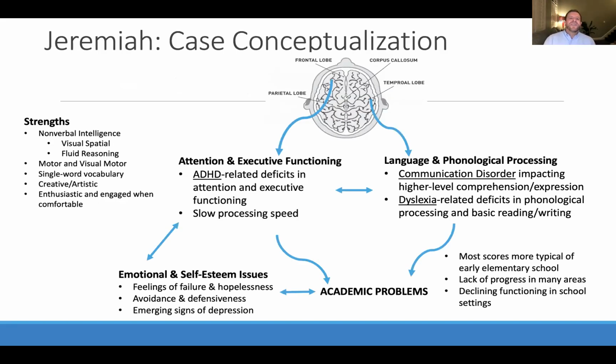So let's return to Jeremiah, and you'll recall that there were a lot of challenges that parents were noting and observing, and the mom was frustrated with Jeremiah, and really trying to understand what might have been going on for Jeremiah. So we actually use a visual approach to feedback in our evaluations. And if you are a provider, or if you're a teacher and you get one of these reports and it's like, how do I piece this together?